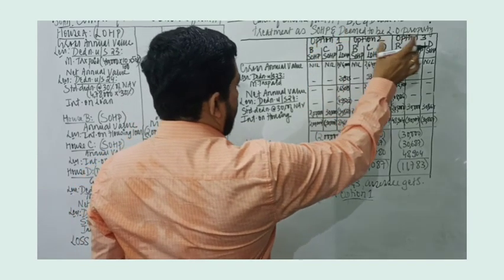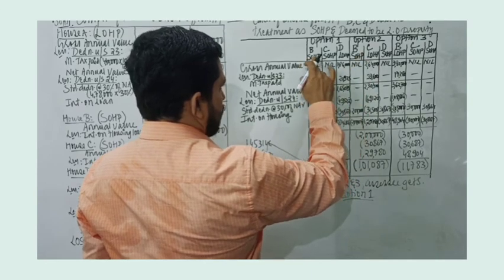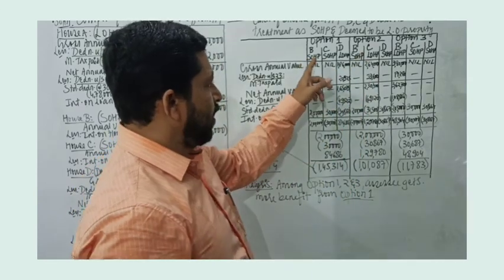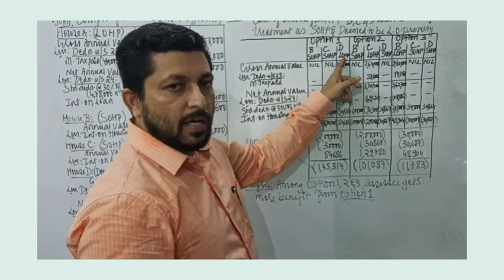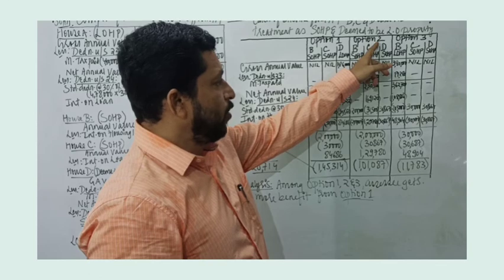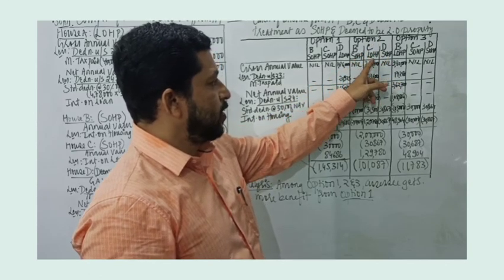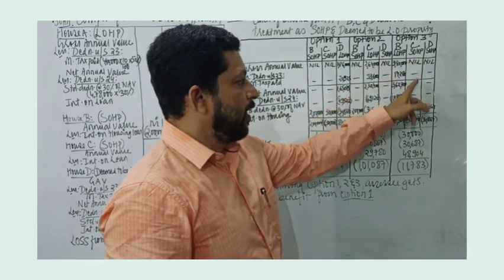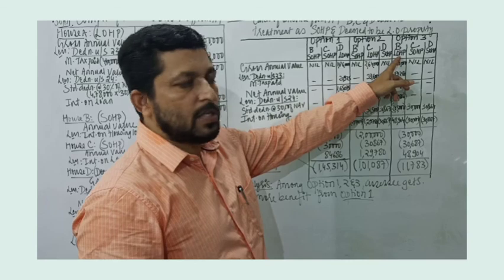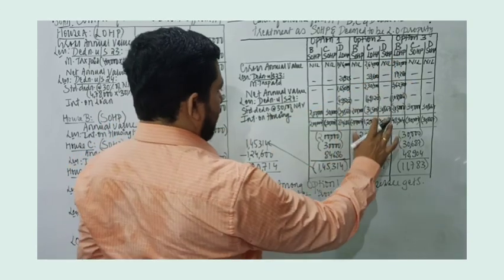When we are given two or more self-occupied house properties, we have to do the analysis under options 1, 2 and 3 and treat each house differently. In option 1, house B is taken as SOHP, house C is taken as SOHP and house D is taken as deemed to be let out. In option 2, B and D are taken as SOHP and C is taken as deemed to be let out. In option 3, we have taken C and D as SOHP and house B is taken as let out house property. Based on that, we have done all the calculation.